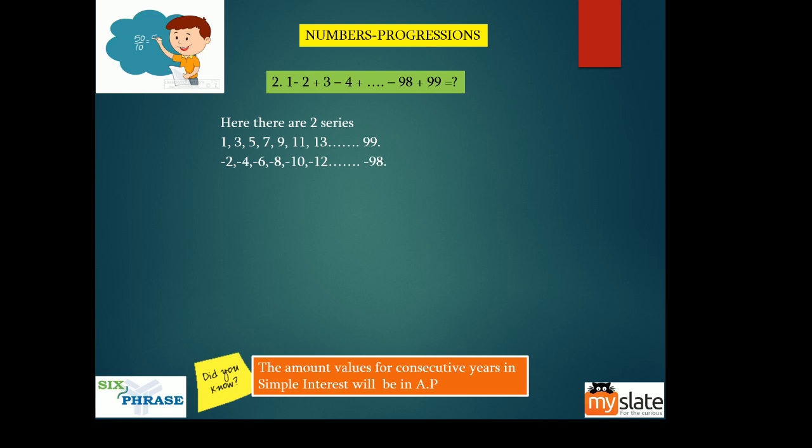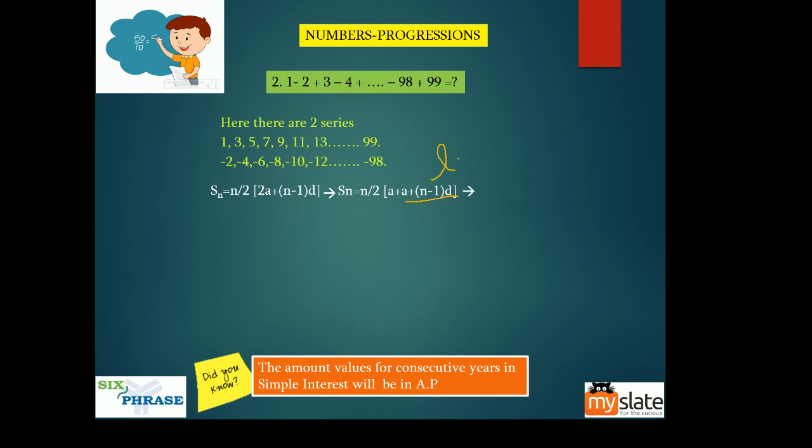Again, this is actually a combination of two series. This is the first series and the second series. You find the sums separately, and then add them, you will get the answer. Now you know this is the formula for the sum. But you also know, I've told you the last term formula, this can be split up, 2a can be split up into a plus a. Now what is this a plus n minus 1 into d? This is L. Do you remember? The last term L is equal to a plus n minus 1 into d.